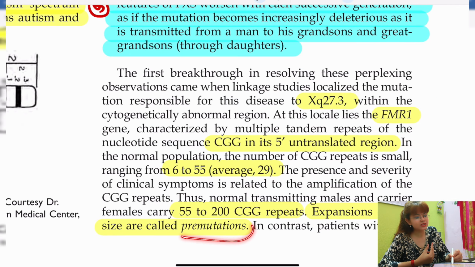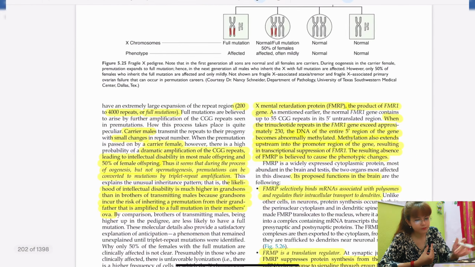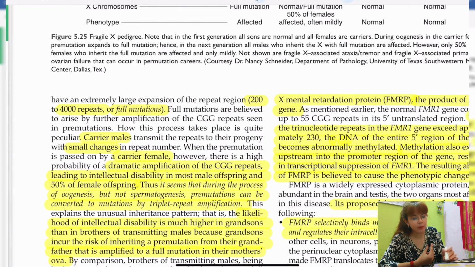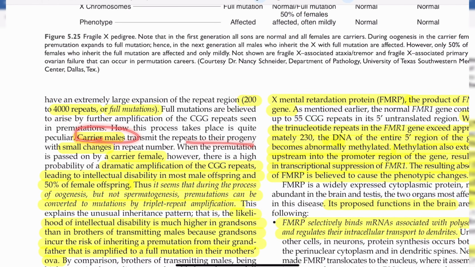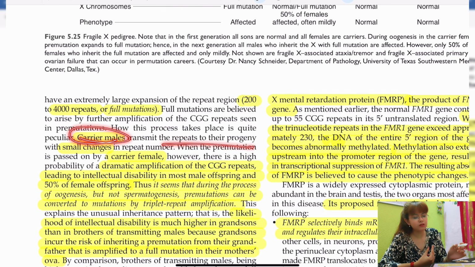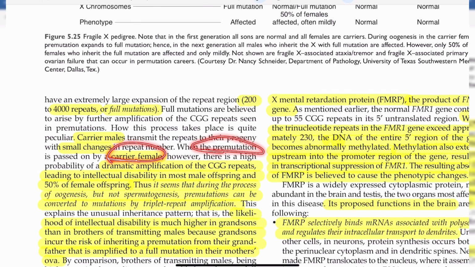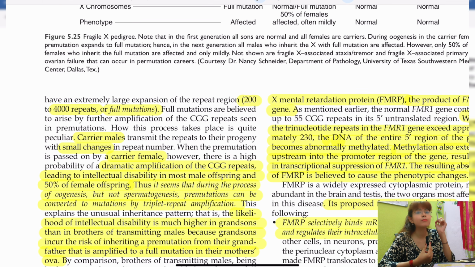So what is pre-mutation? In the initial generations, in the initial progeny, it is only 55 to 100 repeats, right? But with every successive generation, there is full-blown mutation reaching up to 4,000 repeats. The carrier males transmit the repeats to their progeny with small changes, but when this mutation is in the carrier female, because this process is happening in the oogenesis stage, therefore if the male is a carrier, there is not